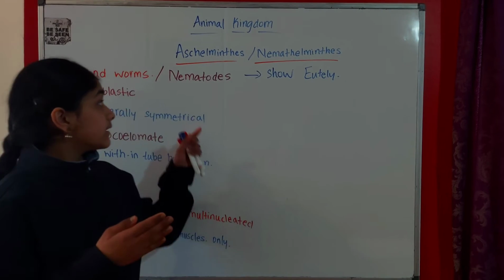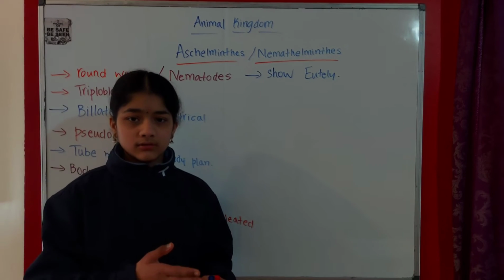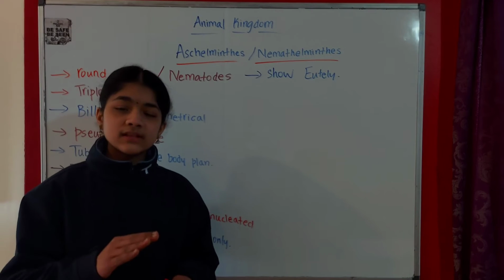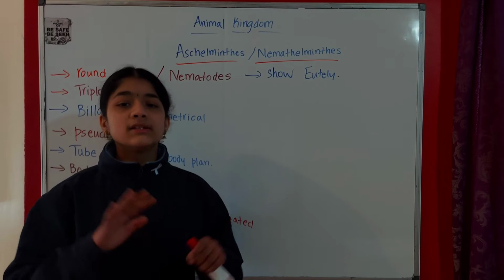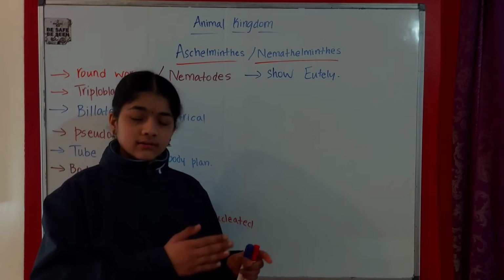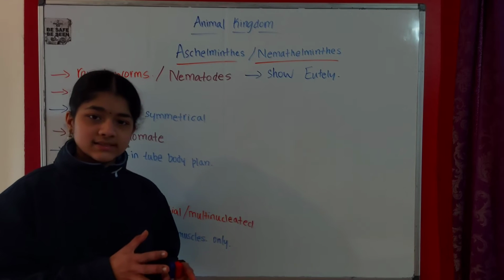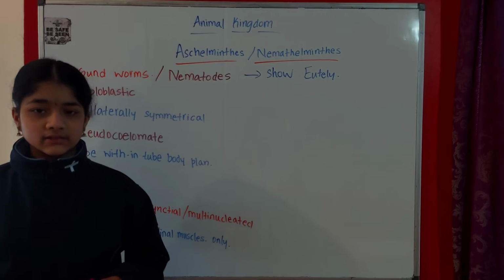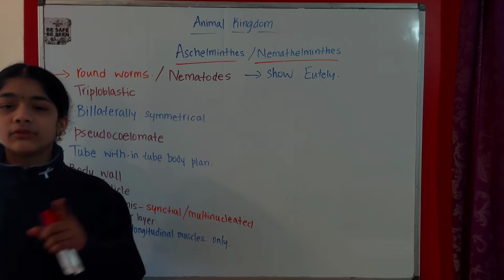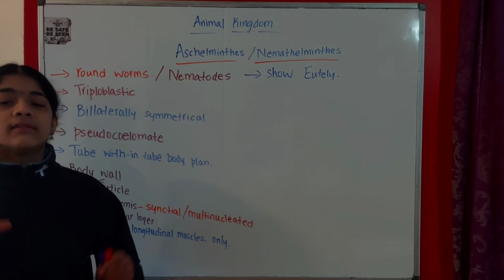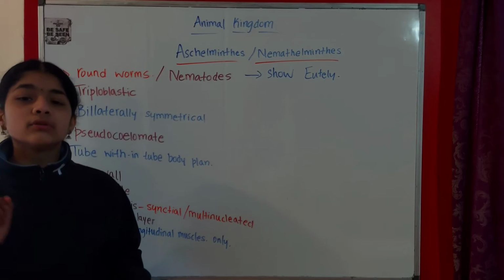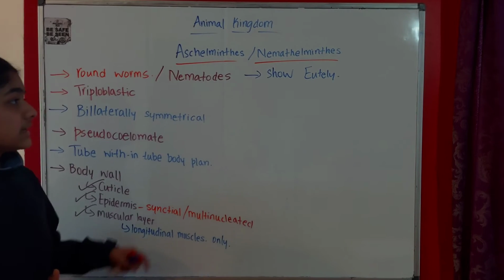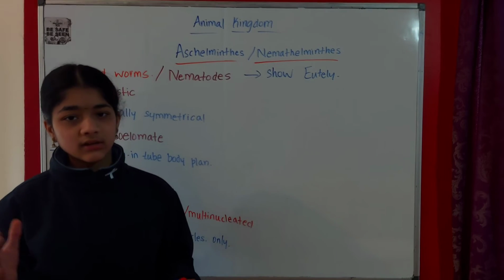From the time that this roundworm, this nematode, is formed, when it is born, until the time it dies or is fully grown up, the number of cells in that organ system, in the digestive system, is going to be the same. So when the roundworm is born, it has 10 cells in the digestive system. When it is fully grown or when it dies, over the whole lifetime, the number of cells in the digestive system is going to remain the same. That is the cell constancy, or eutely. So eutely is the constancy of the cells in a particular organ system.